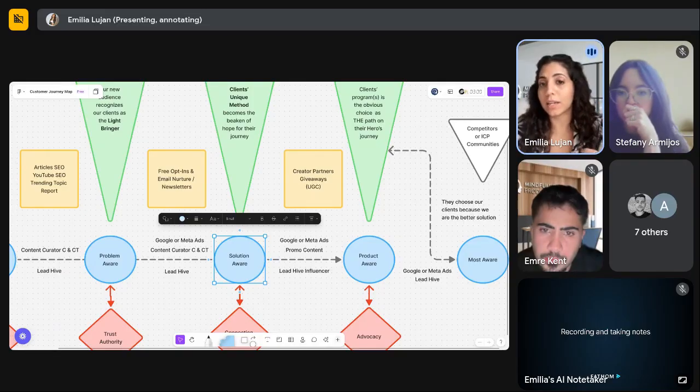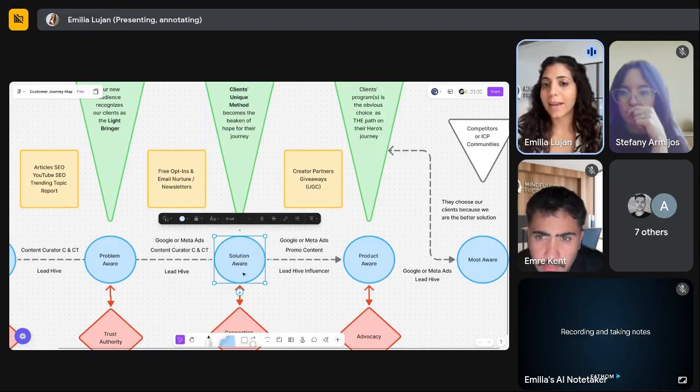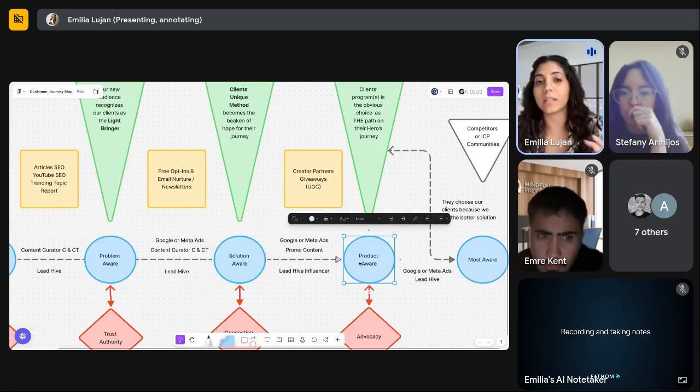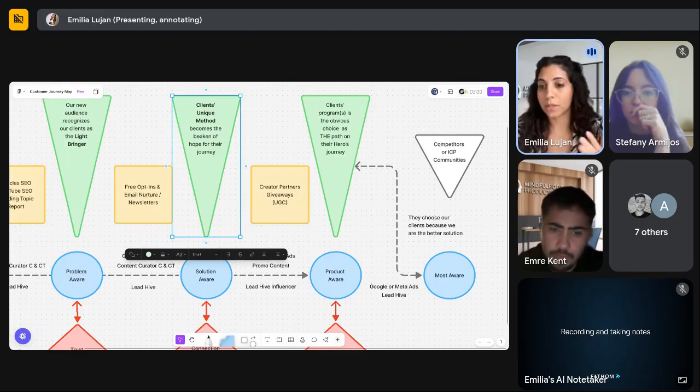So the solution is the prism glasses. The prism glasses are the client's unique method. That's exactly their unique method. It's the prism glasses. So that's a solution for them. And now how do we get them to become an ideal choice? Like the client now needs to be, okay, now they know this is a solution, the prism glasses. Now I want to work with Sacred Site 100%, 1000%.